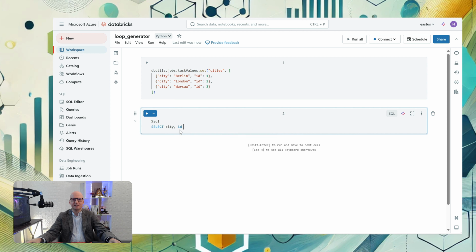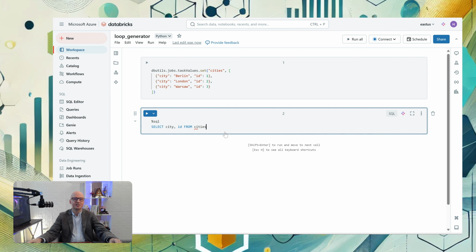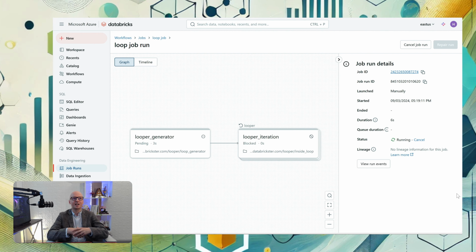It doesn't exist yet, but maybe in the future we will just write select city ID from cities and do that video another time using SQL. I think that is a great announcement that we have for each loops in Databricks, and I think the Databricks workflows are now much